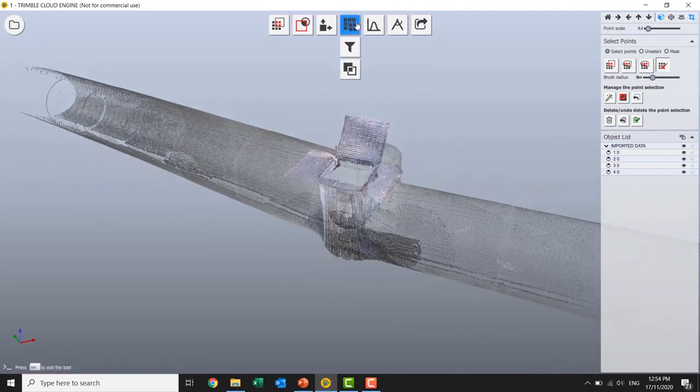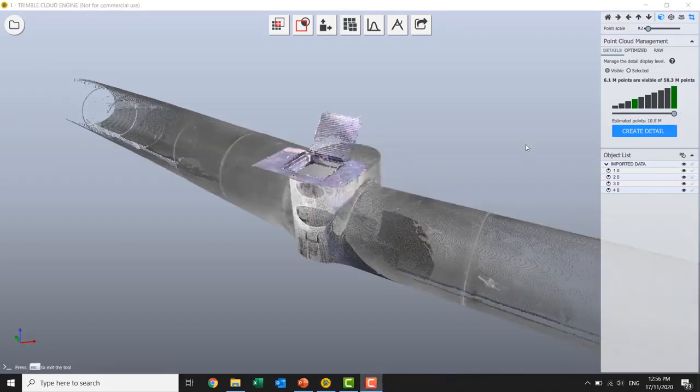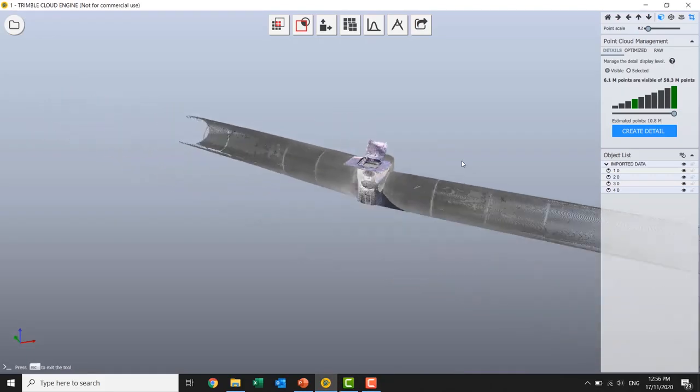One thing I probably should have pointed out a little earlier is I've got a number of preset levels of detail. One of the strengths of CloudEngine is that it can manage very, very large point clouds in such a way that our computer can still see it and operate with it. We've got 2 pre-selected here. I'm going to go ahead and load up the slightly higher resolution. That might look a little bit nicer now. Now that I'm reasonably cleaned up,